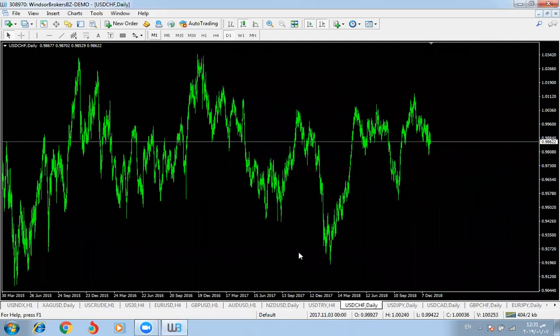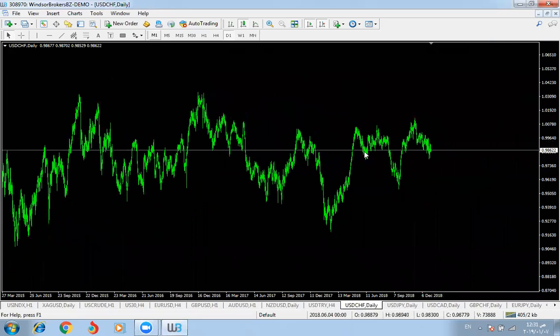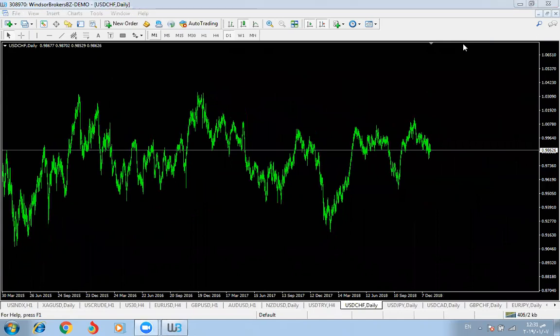Let me move to the Swiss franc. Actually, the Swiss franc has ended this movement to the upside. I will show you these two legs. This is the first leg, ABC. Then we have ABC,